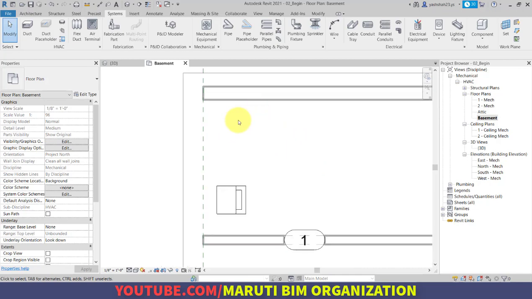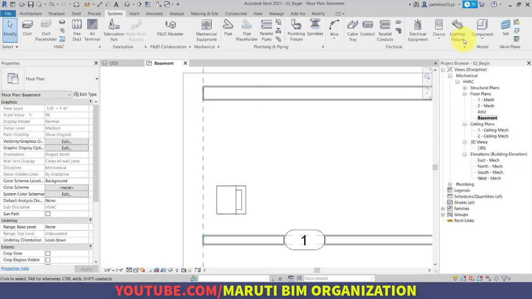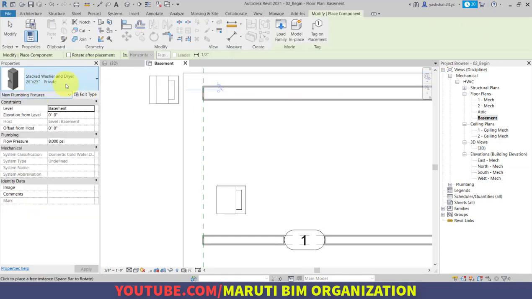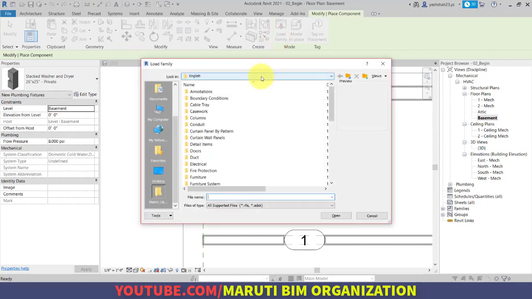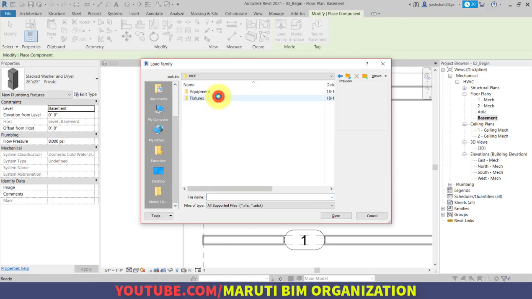In the top left corner, let us say we want to place a water heater. Rather than using the plumbing fixtures command, I will simply use the component command, because a water heater is a component. It is not plumbing fixtures equipment. So we will use Component and Load Family, and we will load Plumbing, MEP, then Equipment, Water Heater.